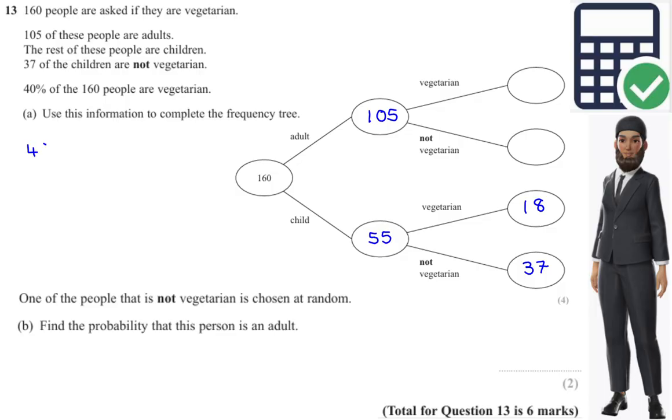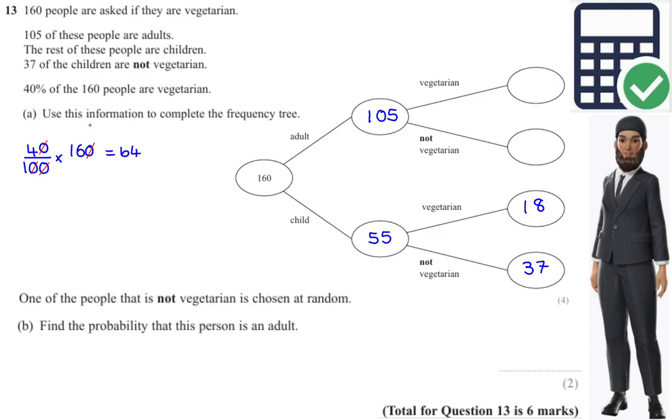Okay, then 40% of the 160 people. So 40% is the same as 40 over 100. Multiply that by 160. Let's see if we can cancel this down. Let's get rid of this 0 and this 0, and this 0 and this 0. You want the denominator. 4 times 16 is equal to 64. So that gives us 64 people